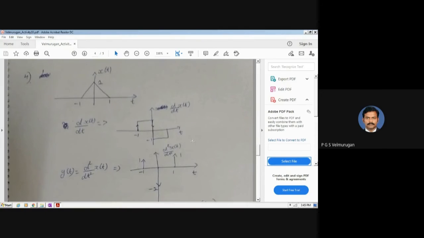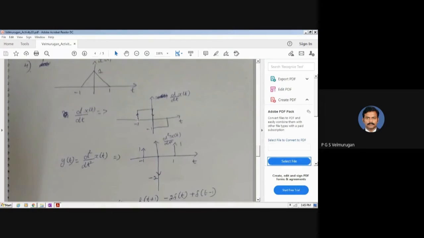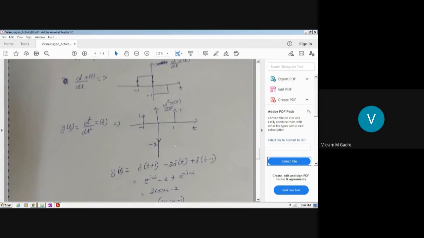When we differentiate it again, here this first one is a leading edge. So if you take the slope for this one, it will be infinity. So here it is represented by an impulse signal at -1, and in the center it is a trailing edge, that is, it goes downwards. So here also we are taking it as an impulse with an amplitude of -2, and again here it is a rising edge. So here also the slope is infinity, and we are representing it as the impulse function of 1.